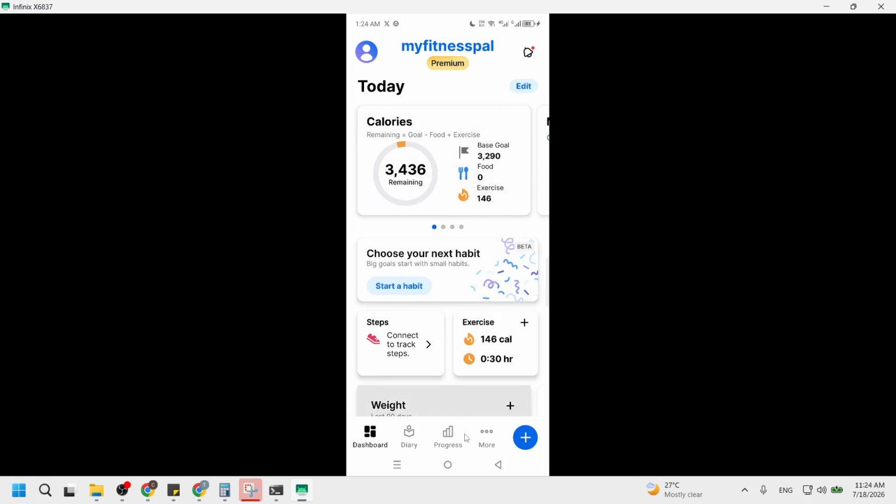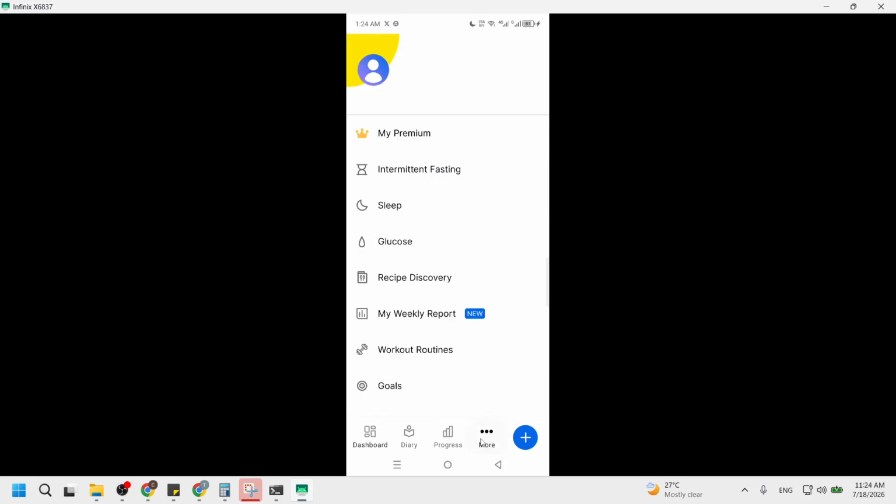Next, tap the More tab. This tab is typically located at the bottom right corner of the screen. Once you click it, you'll see various options that expand the app's capabilities. This area contains settings, premium features, and additional tracking tools. By accessing this tab, you're getting closer to reviewing your history. The More tab is your gateway to deeper insights about your nutrition journey.